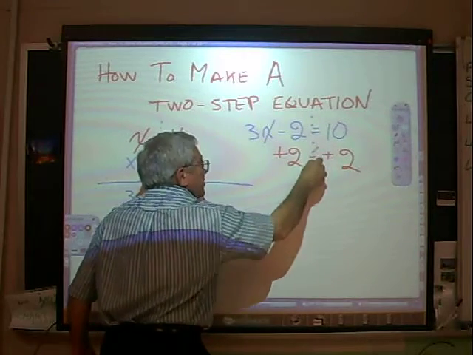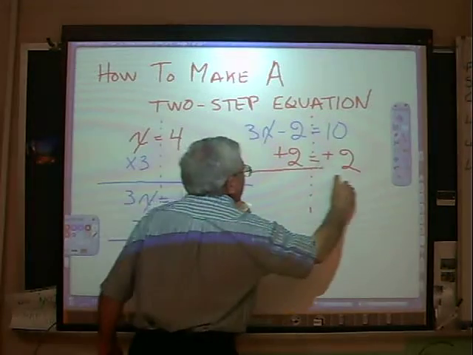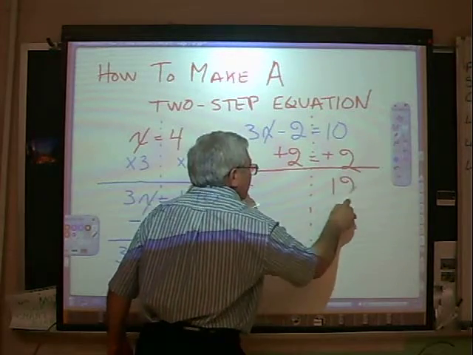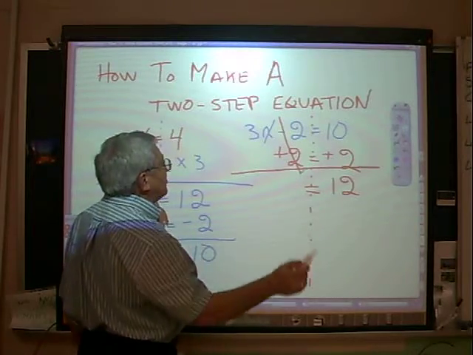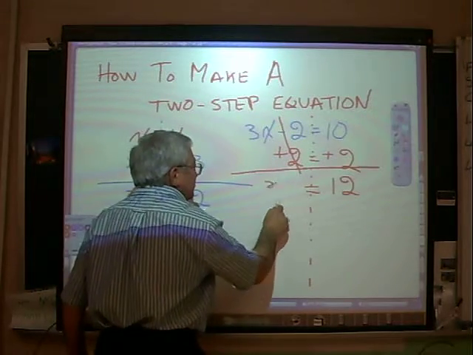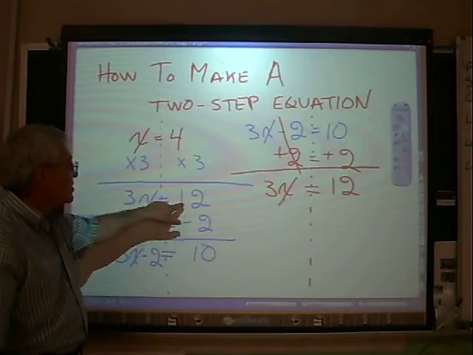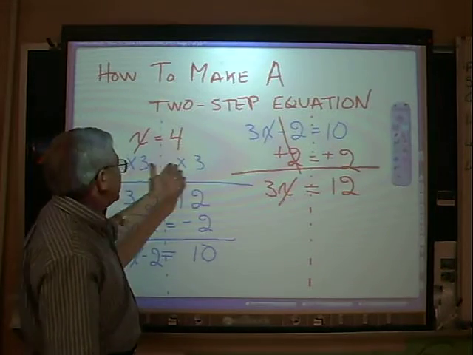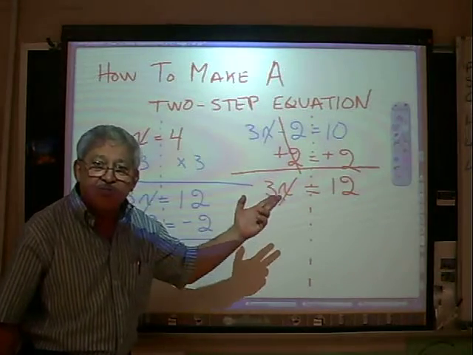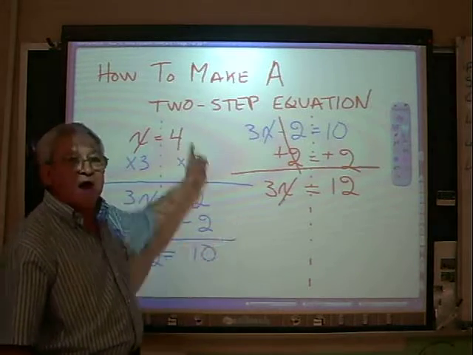Keeping in mind again, this is the stand for my equation. So 10 plus 2 is 12. Bring down my equal sign. 2 minus 2 is nothing. See you later, bye. We're left with 3 times x. So here's the first thing that I got right here, the 3 times x. How did they get to 3 times x is 12? I multiplied each side by 3. I'm going to do the opposite operation. If I multiply by 3 to get there, I'm going to divide by 3 to come back from whence I